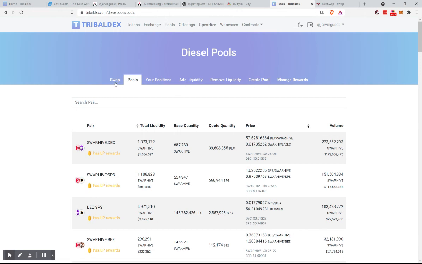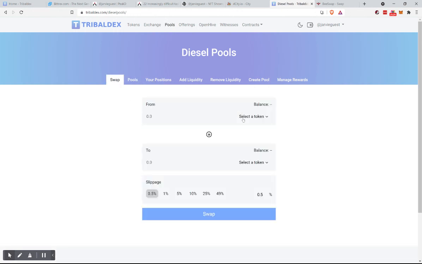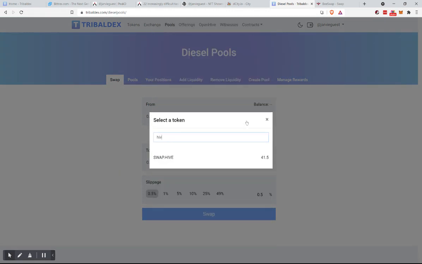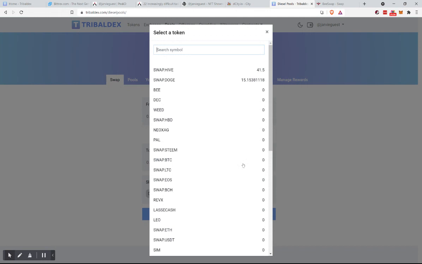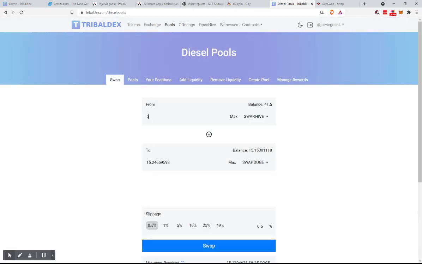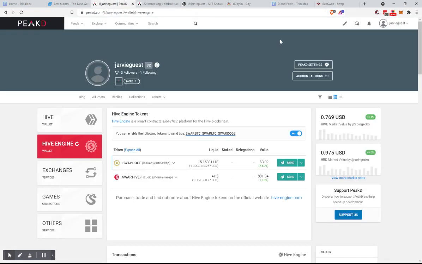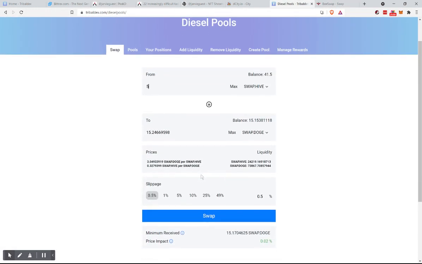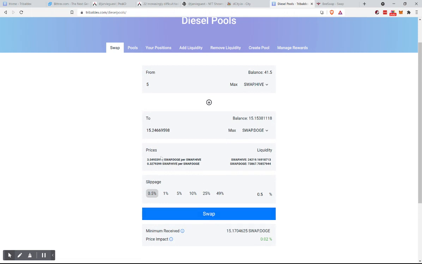So we're going to go to swap and do Hive and convert it to Doge. We're going to put 5 here, and it's 15.24. What was it before? 15.1. Oh, we got ripped off on the other version. So this is the way we should have done it. Anyways,